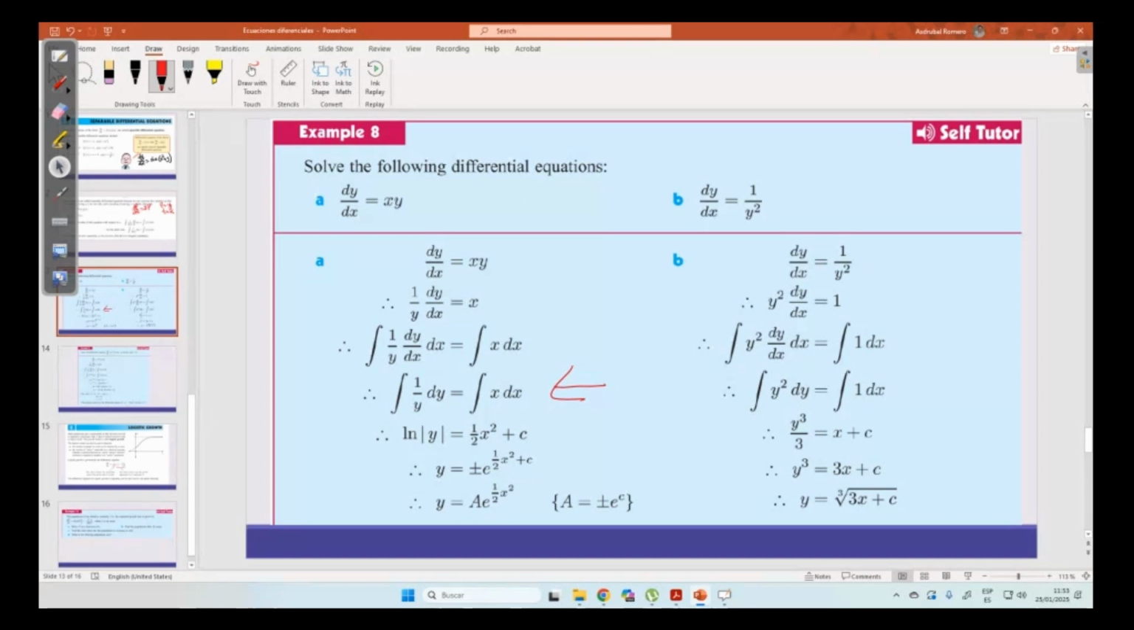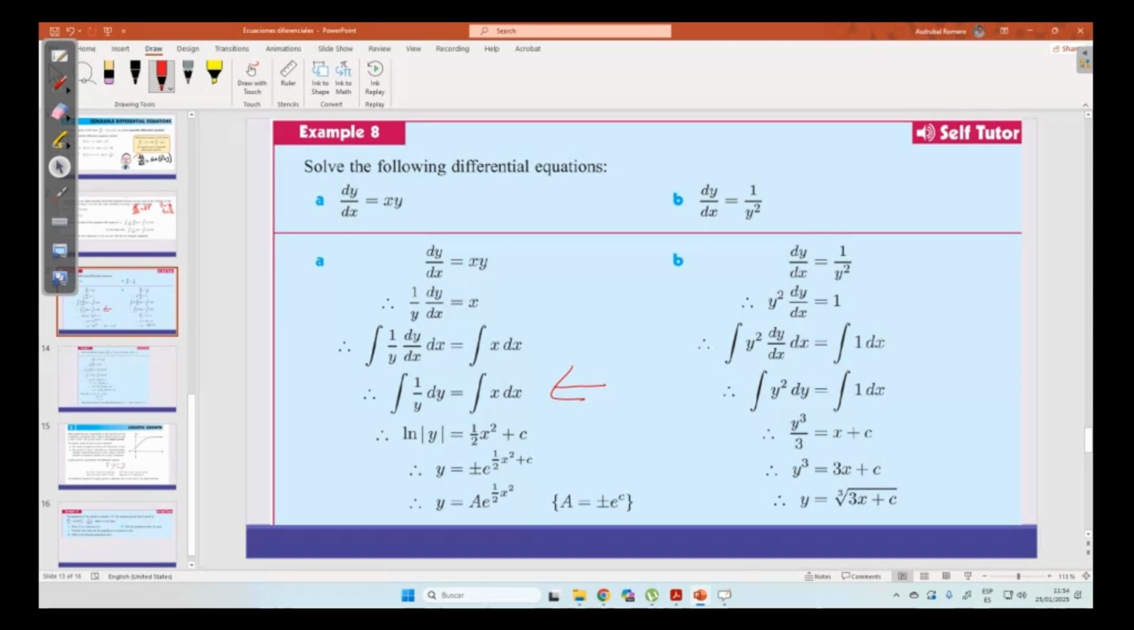And then you can say, well, y equal e elevated to this. Why do they put plus or minus here? Because when you have absolute value, yes, you can put it like this. You understand? Yes? Well, you have here the absolute value when you want to go to y, and the two solutions with plus or minus are going to give you the same absolute value. But this is irrelevant because at the end,